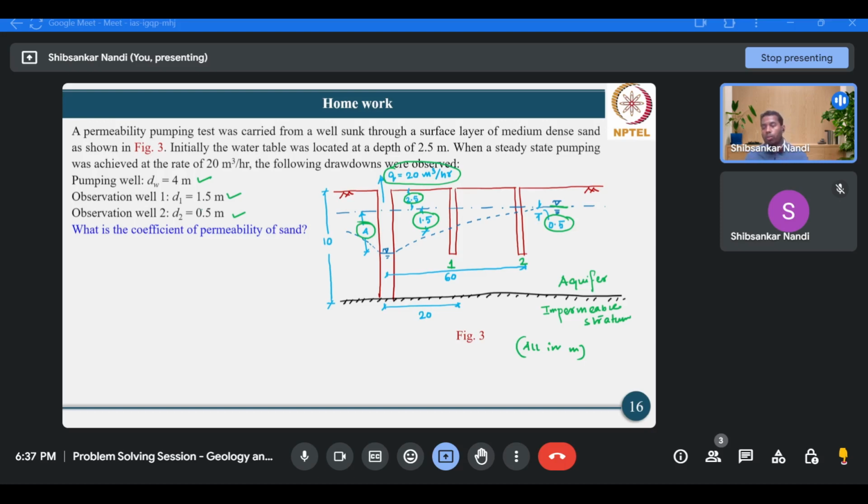For that, you should again go back to Darcy's law, that is Q equals K I A, and for this I, what you need to do is consider an imaginary soil cylinder